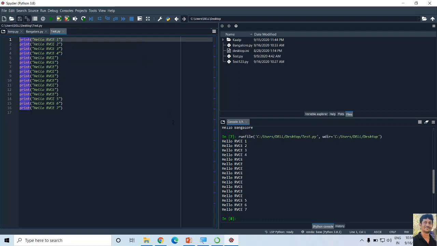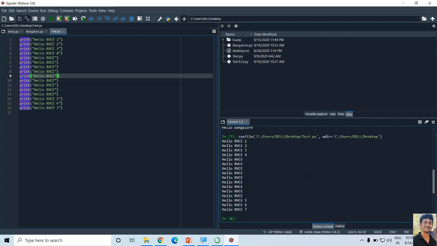So to conclude, the Spyder IDE consists of 3 sections. One we call the text editor, second the variable or file explorer, and third the IPython console. In the text editor, we can write multi-line statements. In the variable explorer, we can see what are the variables used by the programs, or in the file explorer we can browse, as well as load the files for running the Python program.